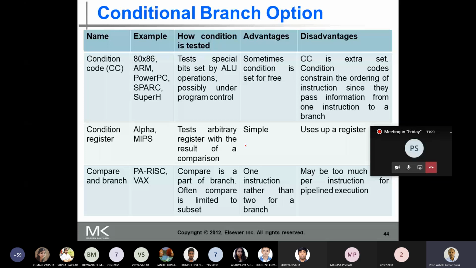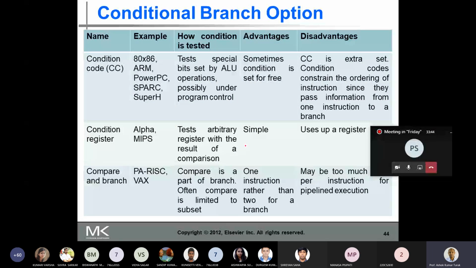So let's look at the condition codes. The condition codes are used, for example, in all the Intel processors and ARM. And how does it test? It tests a special bit set by an ALU. Suppose you perform an arithmetic operation and the result of that operation may be 0. So it tests for a 0 flag.